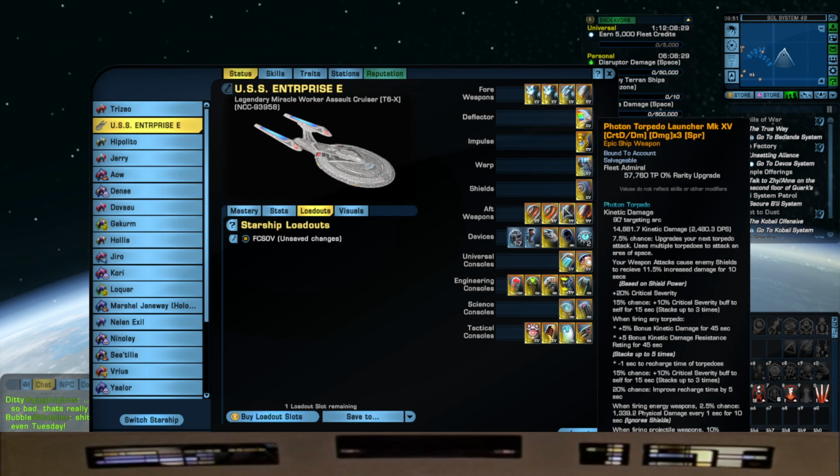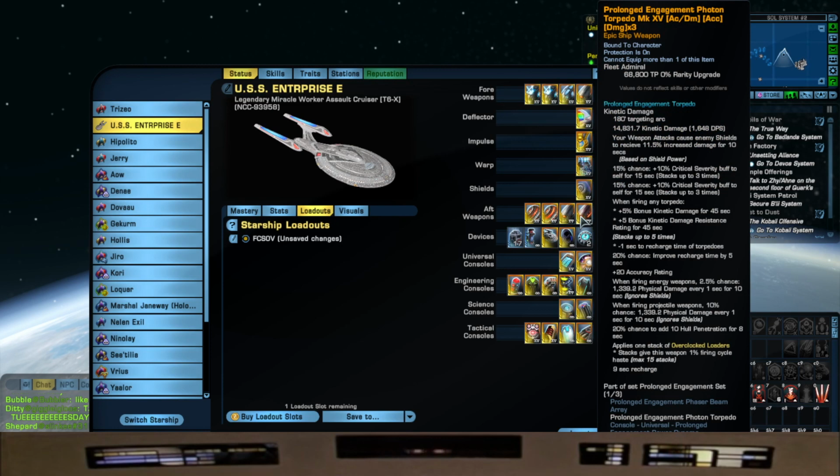And then to round it off here, because I love firing photons from the aft, we decided to put this one here, a photon torpedo reroll to crit DM damage with the spread mod. And of course, rounding it off is the prolonged engagement photon torpedo, which we got as an event reward, but you can get from the Phoenix prize pack as a very rare tier. This also does have a 180-degree targeting arc, so it helps us fire it as much as we